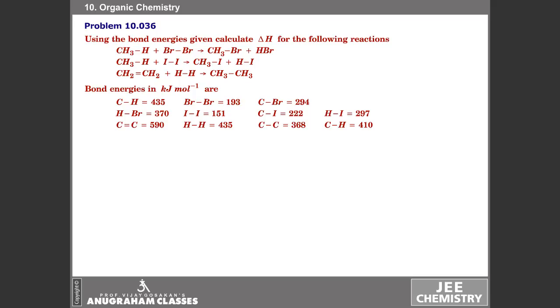In the first case, we have a carbon-hydrogen bond getting broken, a Br-Br bond being broken, and the bonds produced are C-Br and H-Br. In the second case, we are breaking a carbon-hydrogen bond, an iodine-iodine bond, and forming a carbon-iodine bond and a hydrogen-iodine